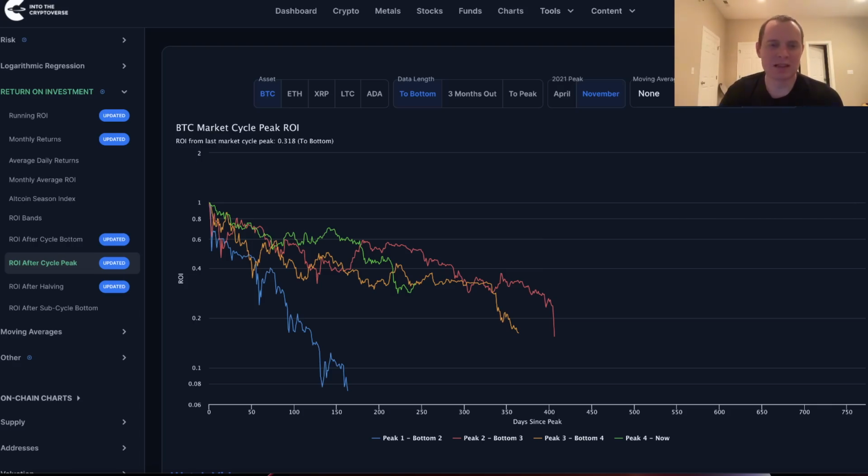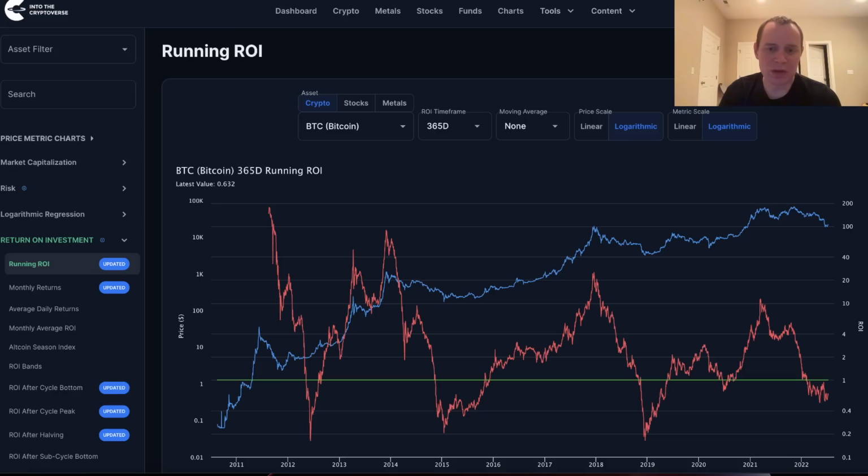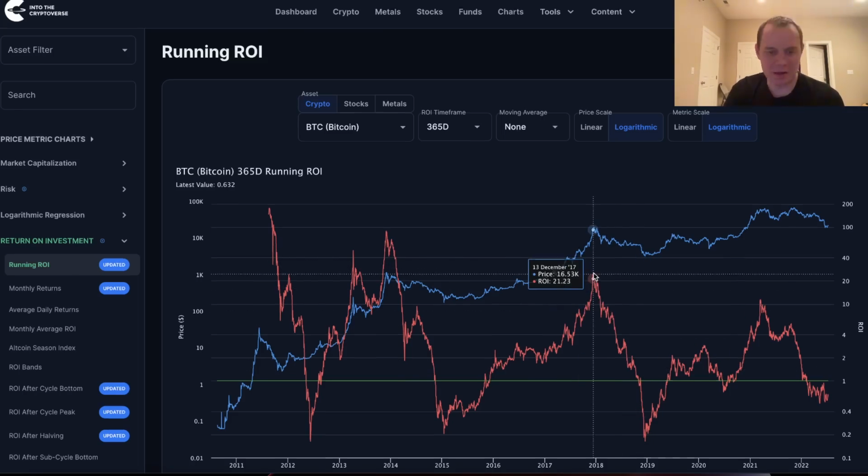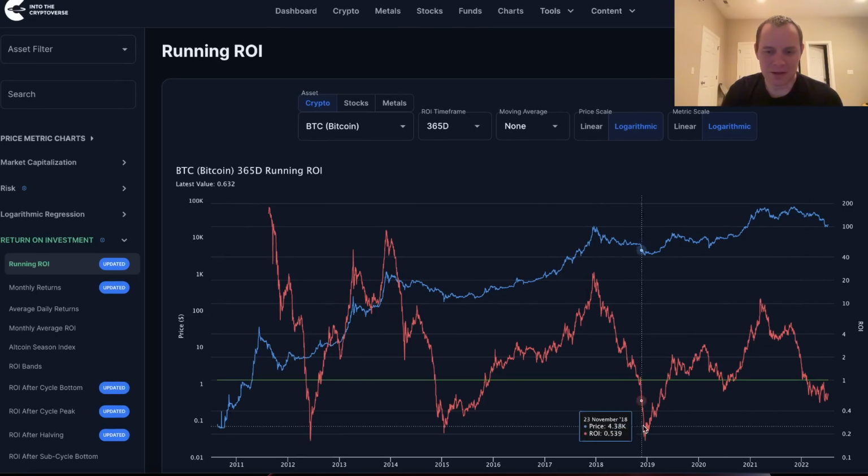Some of the reasons include things like the running 1 year ROI. We know that normally it bottoms about 1 year after a price peak. That's probably one of the biggest counter arguments to all this. Normally if you were to use 64K as the peak, then a year later you would have suspected we would have been further down on this, but we weren't.